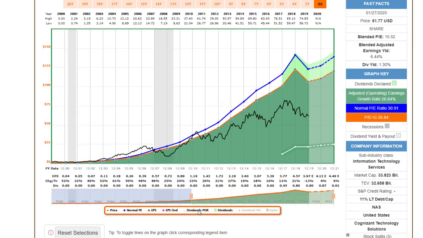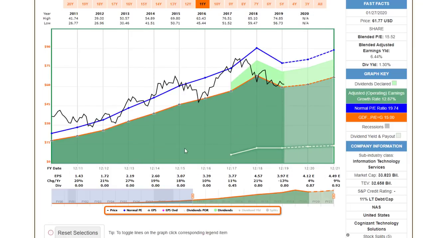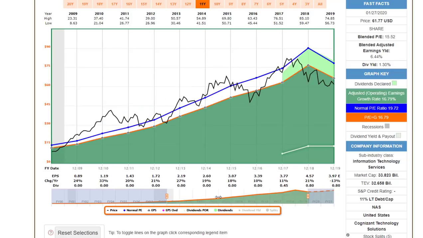So if I run my scrolling bar again and move up to more modern times, all of a sudden I start seeing that my growth rate has changed to 12%. So I'm using the extrapolated formula. And what I'm finding here is that I get different fits by moving the graph around. So I'm starting to look at a 17 to a 20, we'll call it, PE ratio normalcy over the time